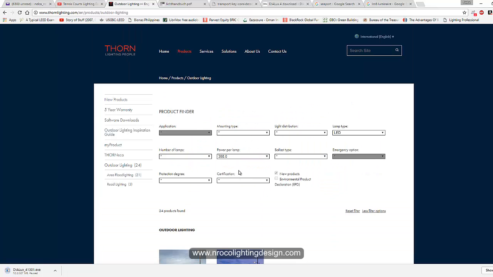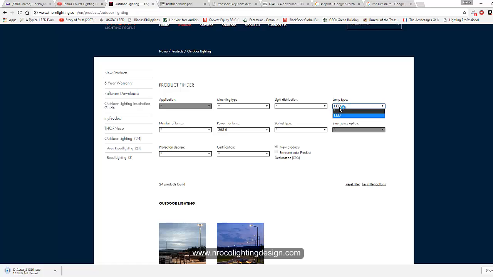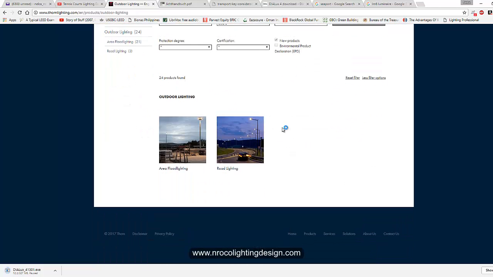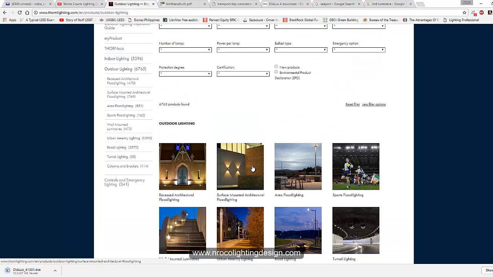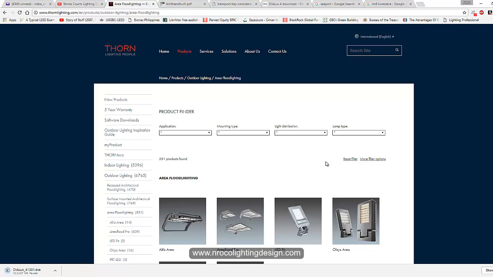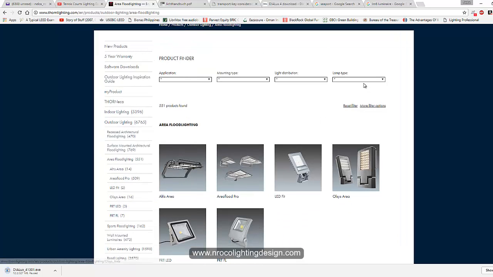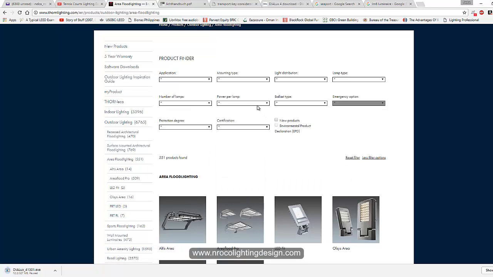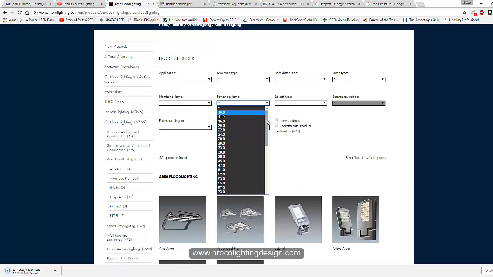So let's go to the outdoor tab and you can select it here. There's so many options here, so I can just go and check the area flood lighting, as you can see here. And then there are lots of options here, but you said you need 400 watts, so I'll go and click the more options, and I will use and select the 400 watt here.